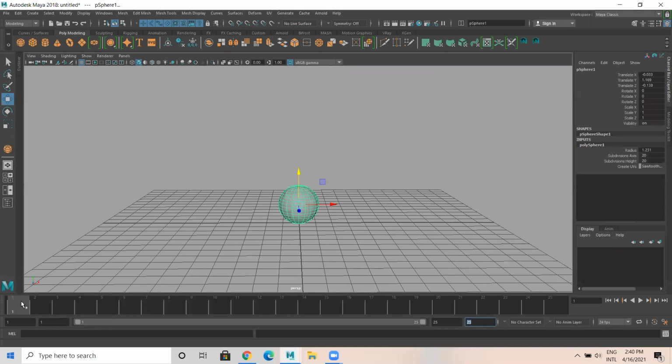So the start frame is here. I'm going to set key, means you click here and press S for key. In frame number 1, when I press S, all the attributes in the channel box are keyed. Then I'll come to frame number 25, click here, press S. So key in the sense we are keying.